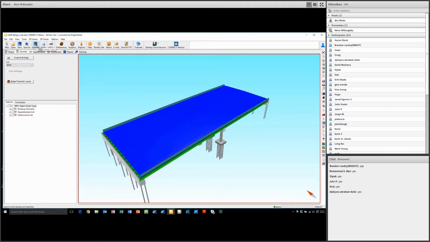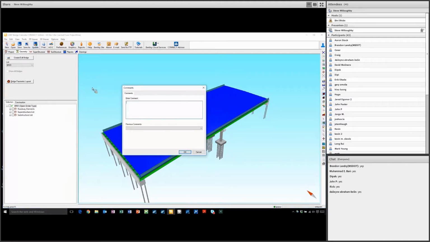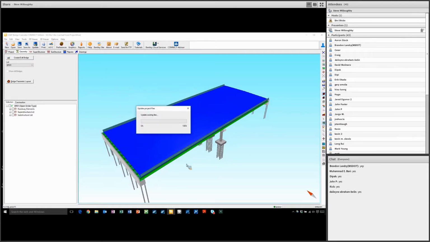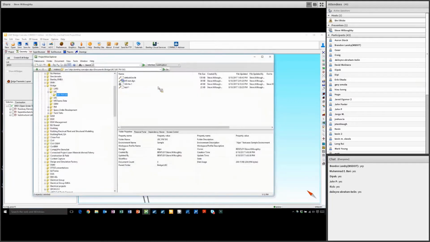So if I wanted, again, I know I've made some significant changes here. I could come in and say that I changed beam types, and that comment would get saved with the file when that gets pushed back up to ProjectWise and updated. So now it has the current time on here for updating. There we go. So there's the current update on that file, and it still shows that I have it checked